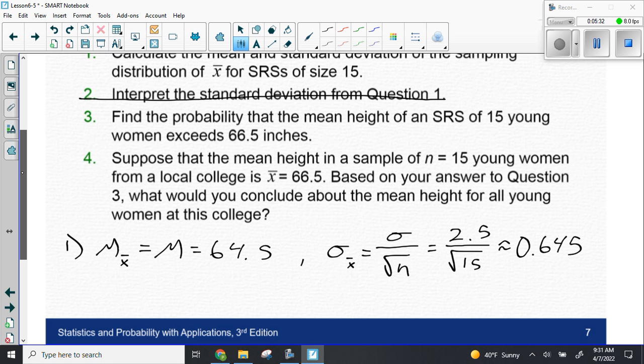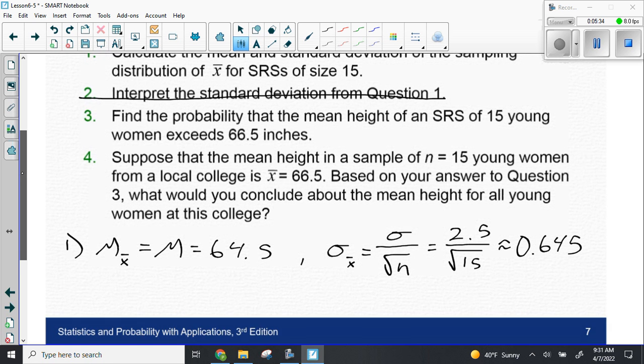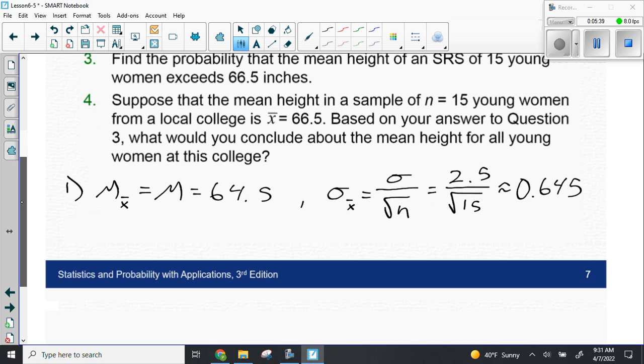So now we're going to find the probability that the mean height of a simple random sample of 15 young women exceeds 66.5 inches,